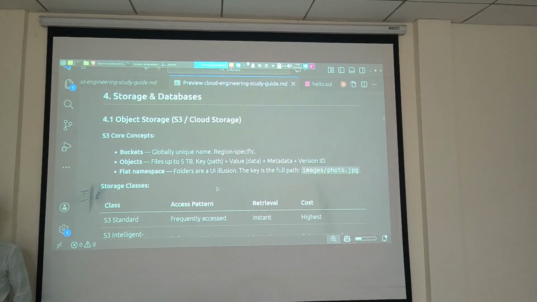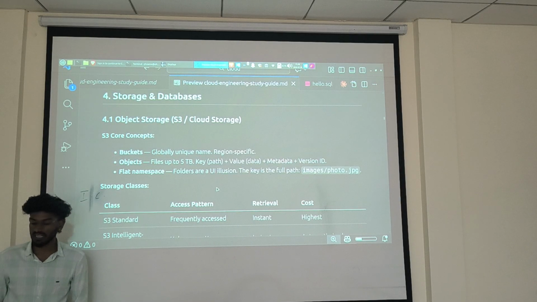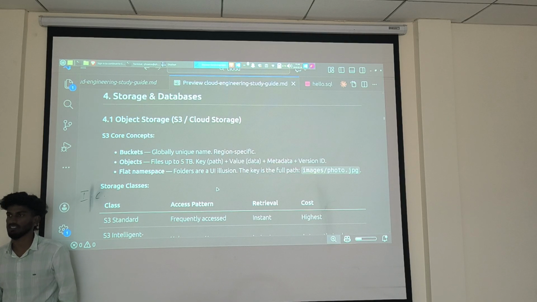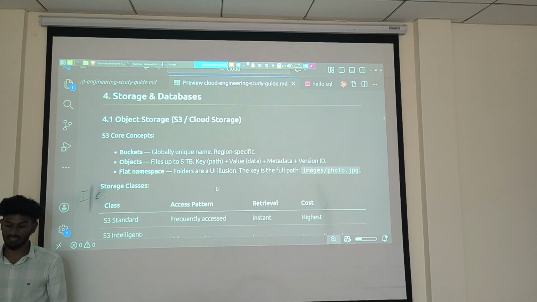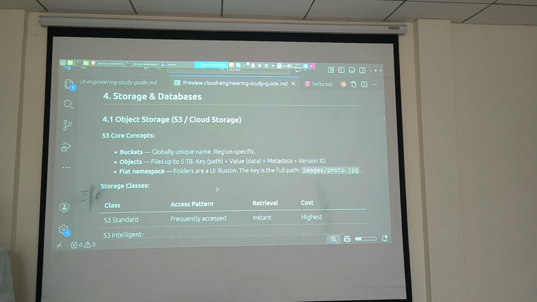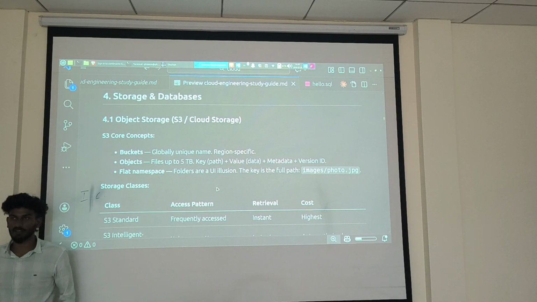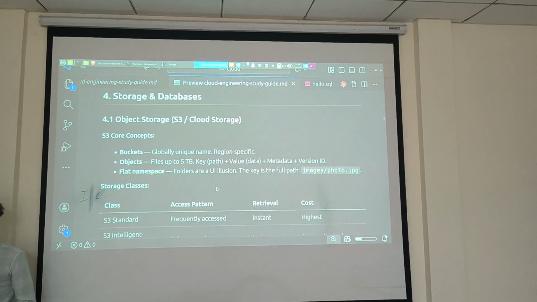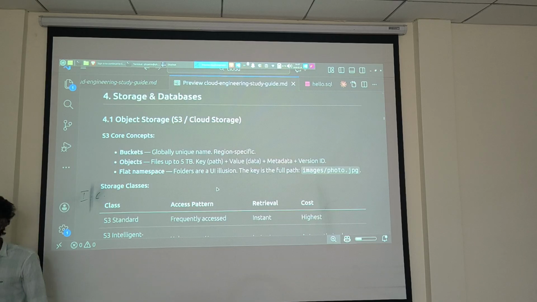if it goes down, you won't be able to access your database if you kept it in the Docker Compose file. But if you keep it with the cloud providers, the possibility of losing your data is very low. I can't say it's assured that you definitely won't lose it, but they can have multiple backup servers. Every time I can't pull the data and store it on my local disk. How many local disks can I store? That is not possible. But if we use their storage system, that will be very efficient.